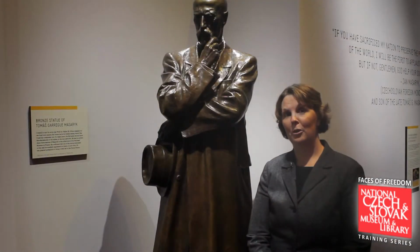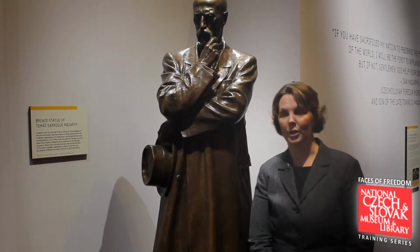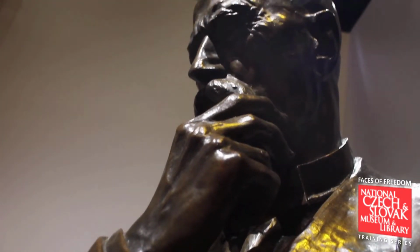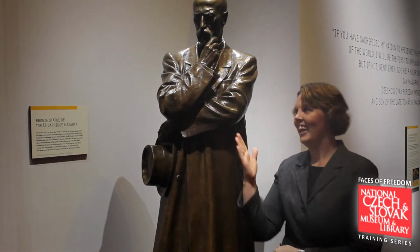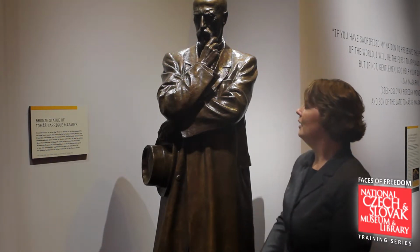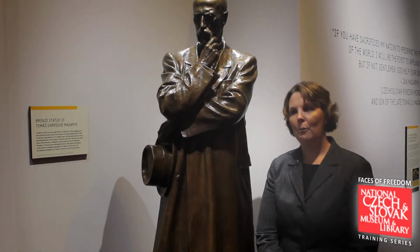This 800-pound bronze statue of Tomas Masaryk has quite a history to it. It was created in 1937, and as you can see, he's quite pensive in this. In fact, one of the things we often do is encourage some of our visitors to strike the pose and embody Masaryk. But this was created in 1937, and it was intended to be in the town square. But then in